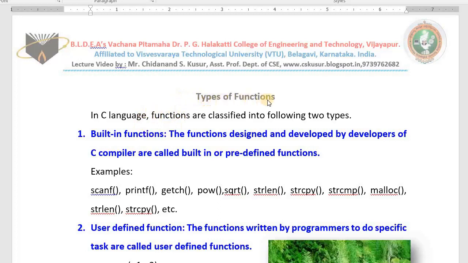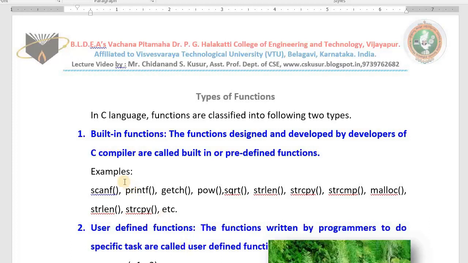As you know already, functions are classified into two types: built-in functions and user-defined functions. You already know a little bit about the difference between both. Built-in functions means already developed by developers and given to us, we just use them as and when needed.